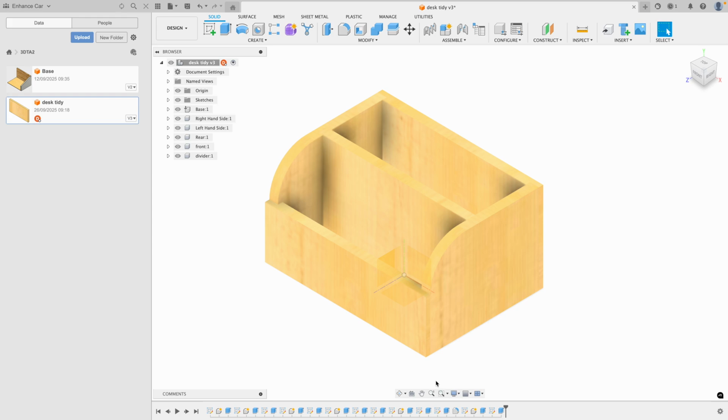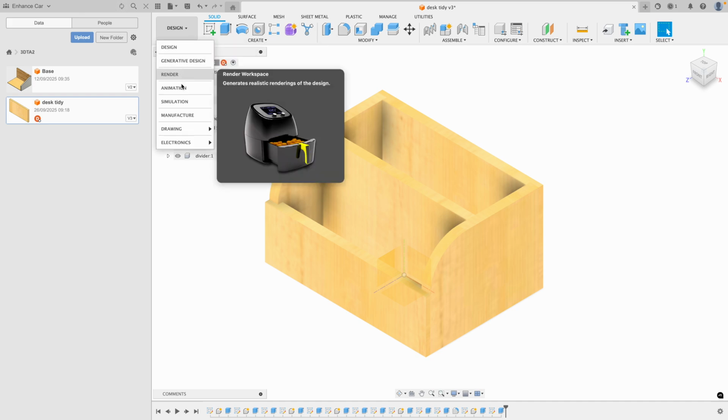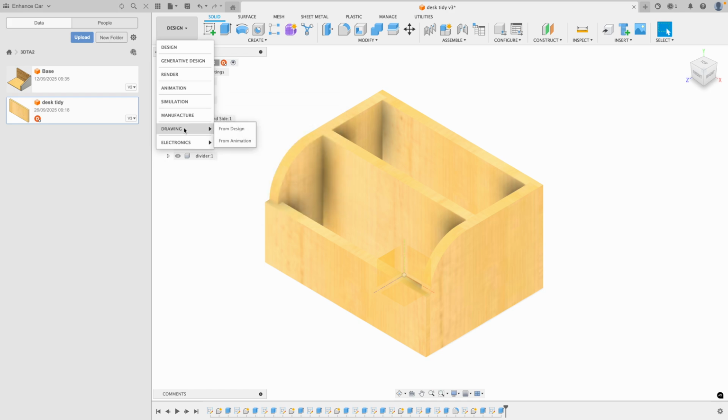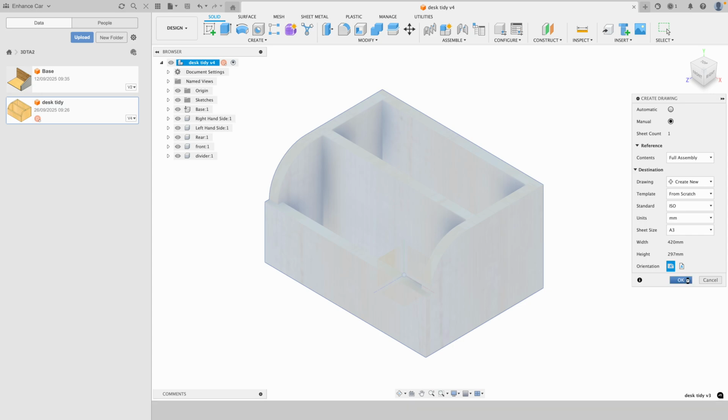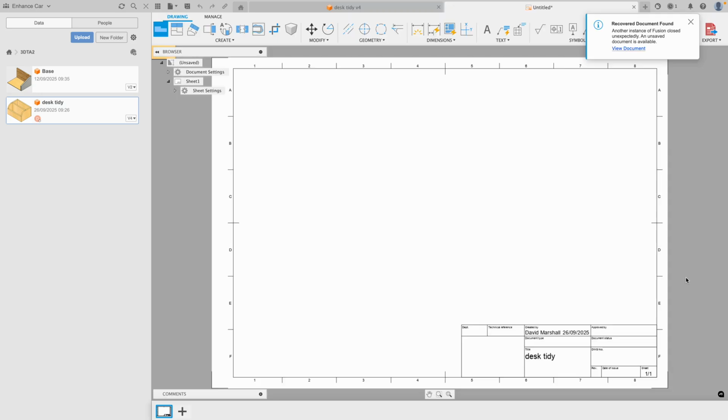To create your drawings of your Desktidy, you are going to click on Design and come down to the drawing workspace. You're going to create a drawing from your design. Let Fusion work in the background, and you're going to create a drawing of the full assembly. It's going to be a new drawing. We said ISO at the start, so we're going to create the ISO for the standard and click OK, and that's going to bring up a drawing page